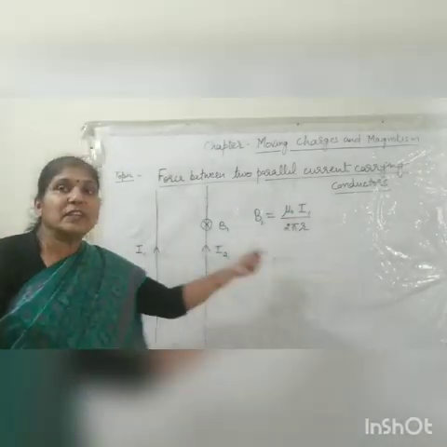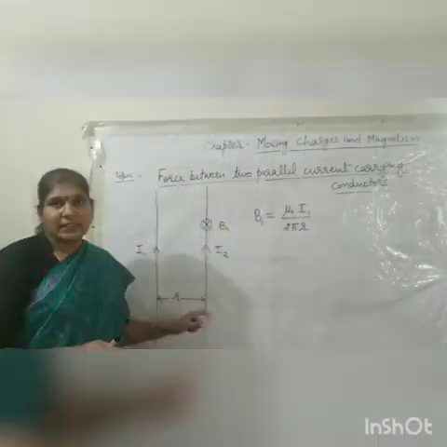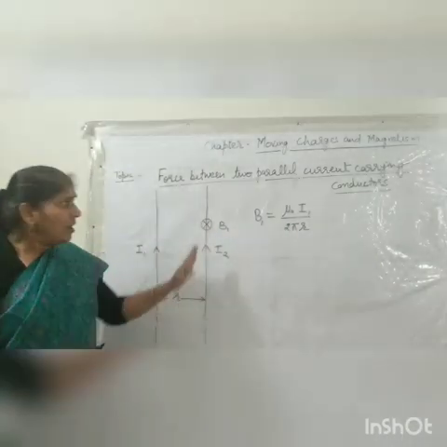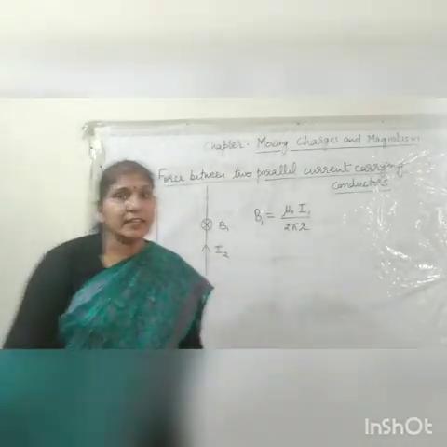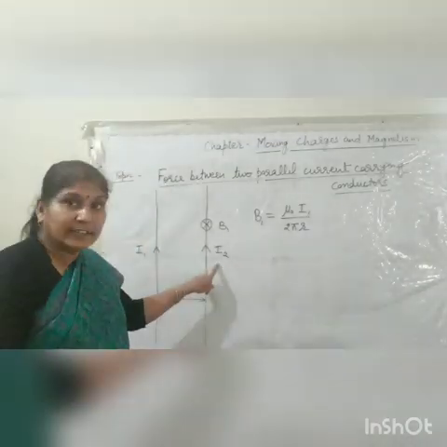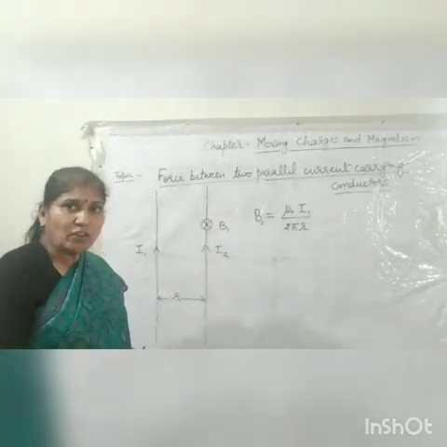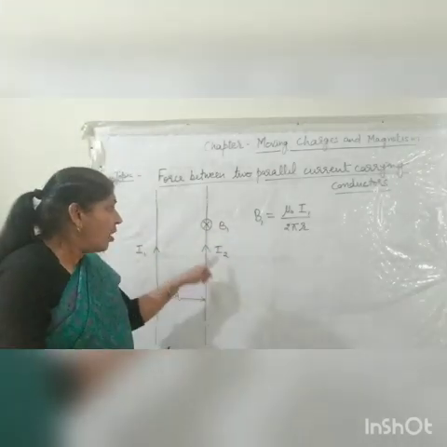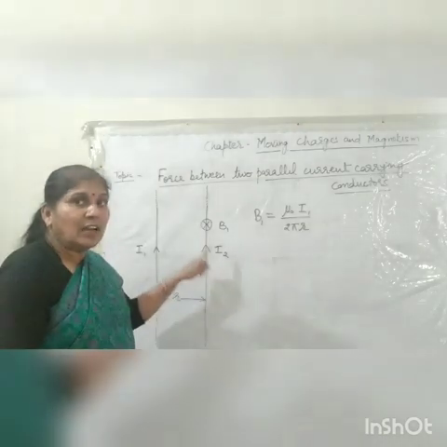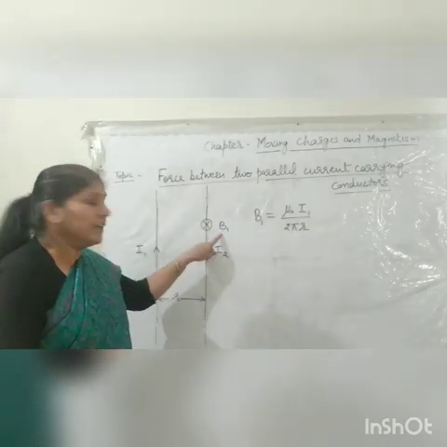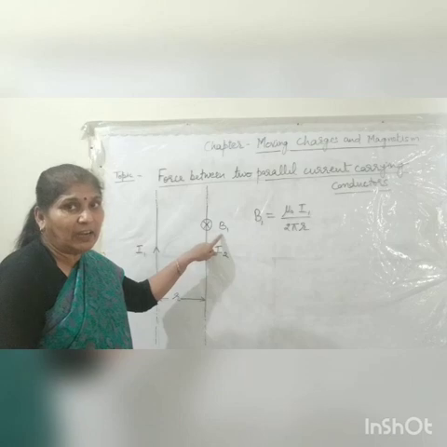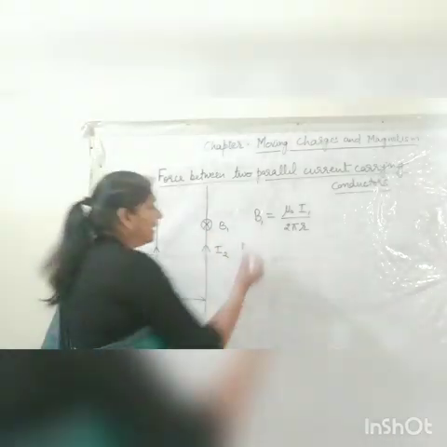Now we have already studied that whenever a current carrying conductor is placed in a uniform magnetic field, it experiences a force. So a force will be applied on this second conductor due to magnetic field B1, and that force